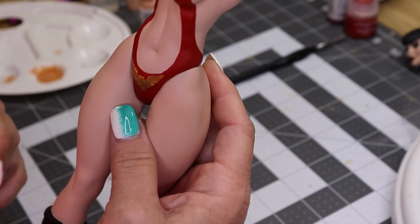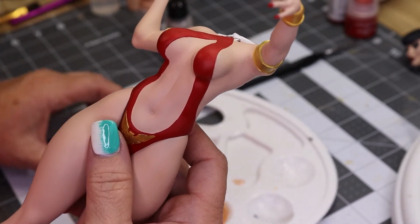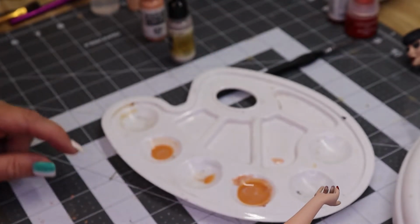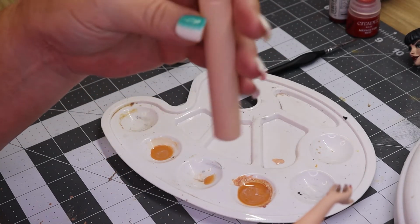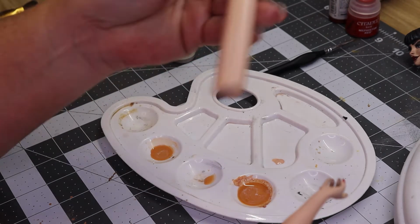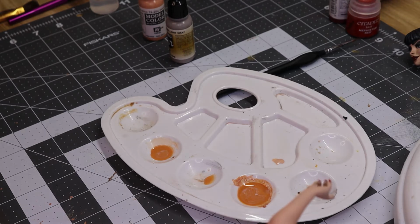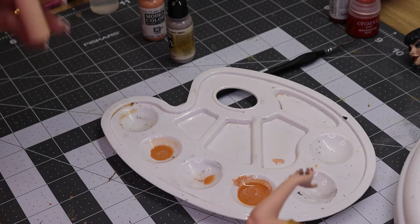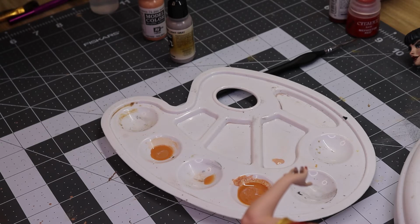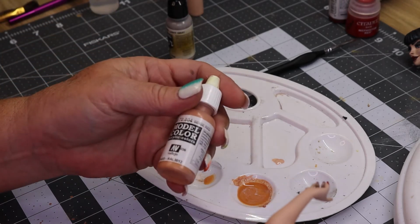Let's get to work on shading her body. So what I've got on my palette here is the original skin tone. This is a custom mix that I just put in this little bottle for me to easily squirt out. And in the previous videos, I think video number 1, I showed you what colors I used to mix up the skin tone. And then to this original skin tone, I have added some beige red,